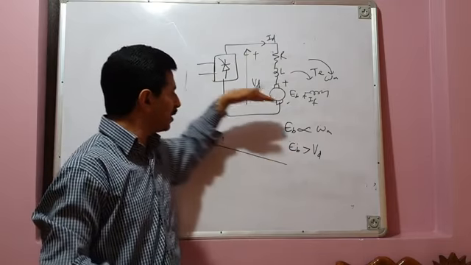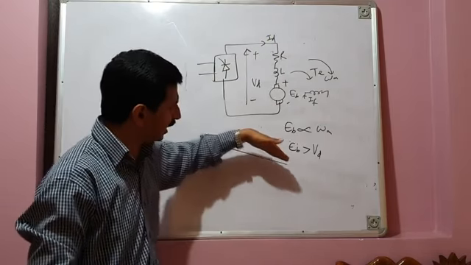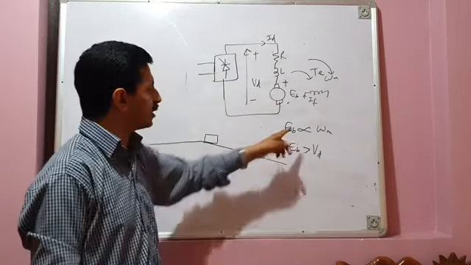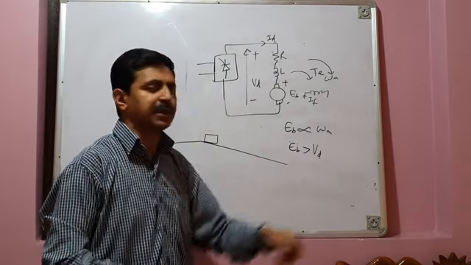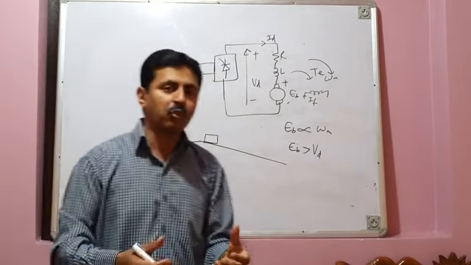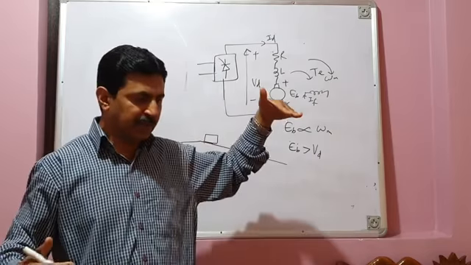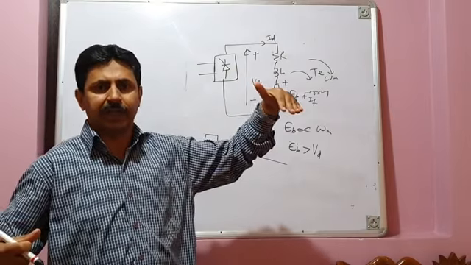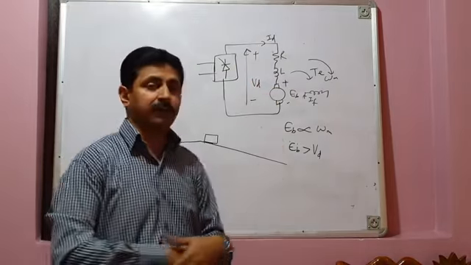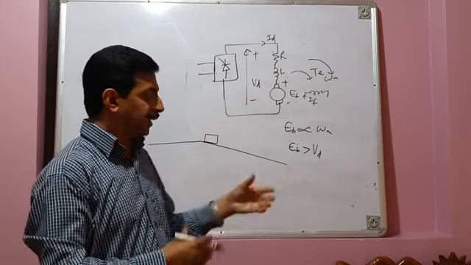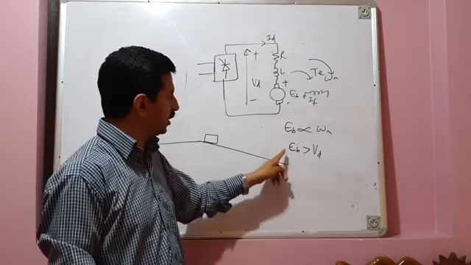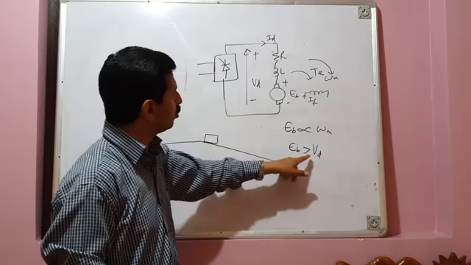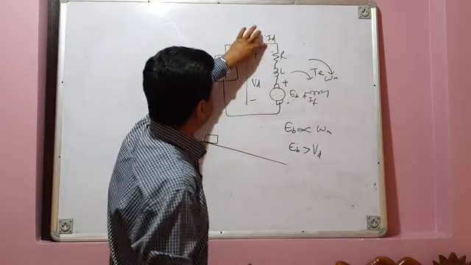Now because your vehicle is moving down the gradient, the vehicle overspeeds. Because of the overspeed, EB increases and EB becomes greater than VD. That means the motor now generates energy because of the gravity pull. It is moving very fast down the gradient, and the motor works as a generator and generates electrical energy, because of which back EMF becomes more than VD. Now when back EMF becomes more than VD, the direction of current should reverse.